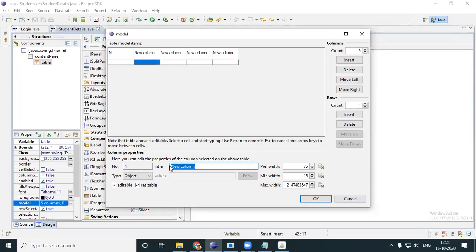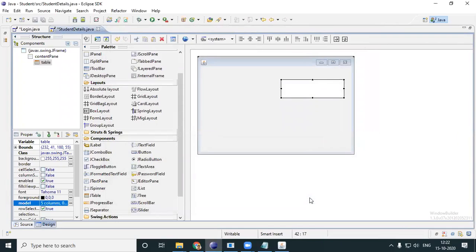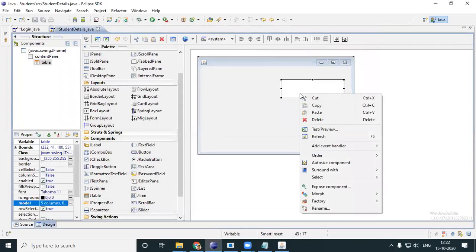Okay, ID, name, what was my third field? Age, city, gender. Age, city, insert a row and then rename your columns. That will be easier. And this was gender. Okay, so once you have given names for your columns, please delete away the row. Okay, so I've got things over there.